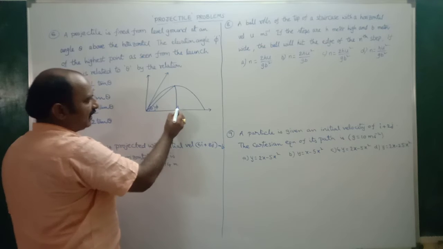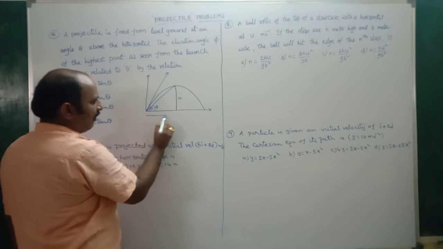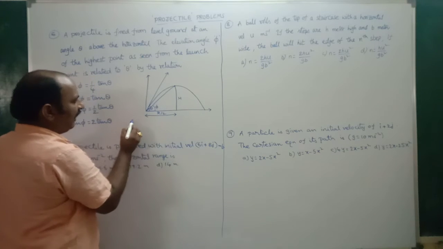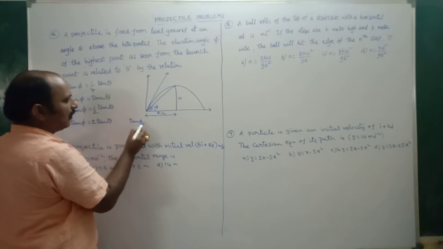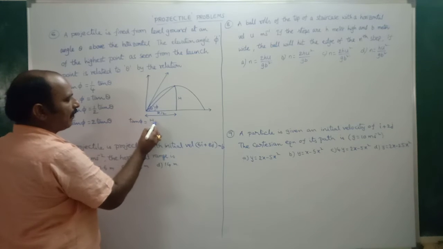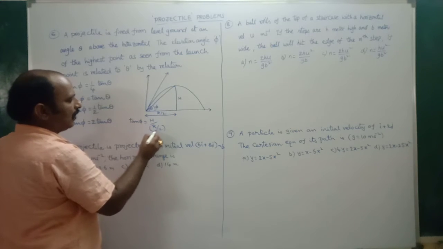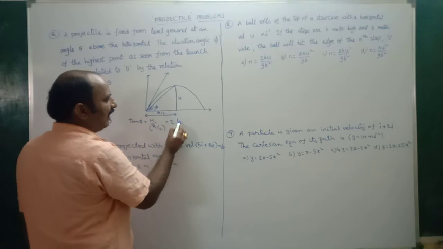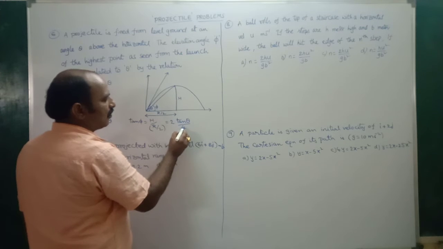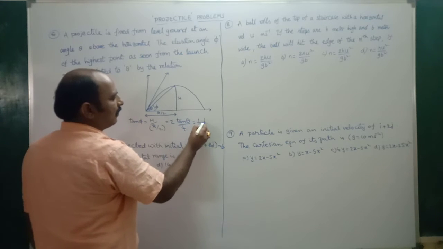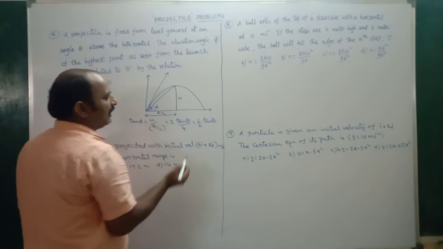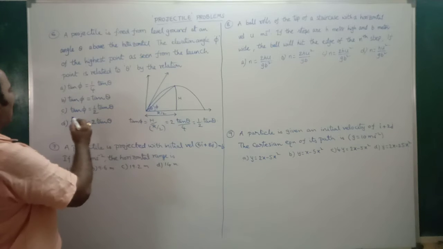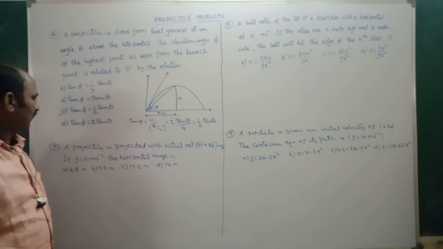Now the relation between theta and phi is how much? You know this one is the maximum height, capital H, and this value is half of the range, R by 2 only. Now we write tan phi is equal to capital H by R by 2. This is 2 into H by R. You know H by R is tan theta by 4. So finally we write half into tan theta. This is the relation. What is it? Tan phi is equal to half into tan theta. So option C is right.